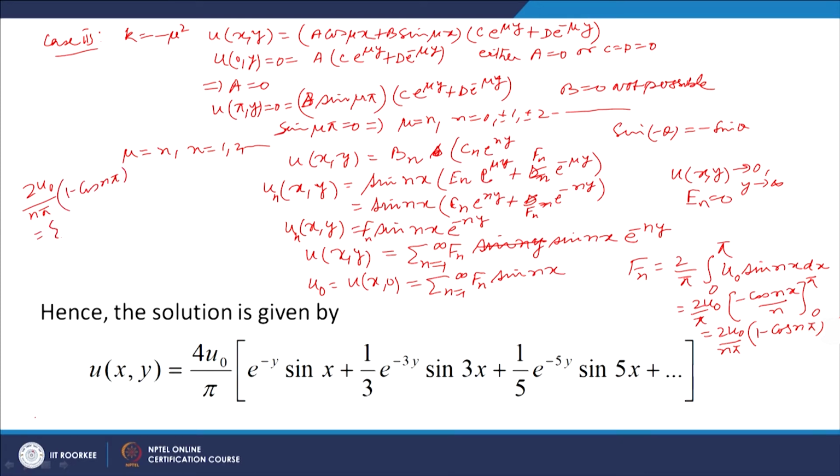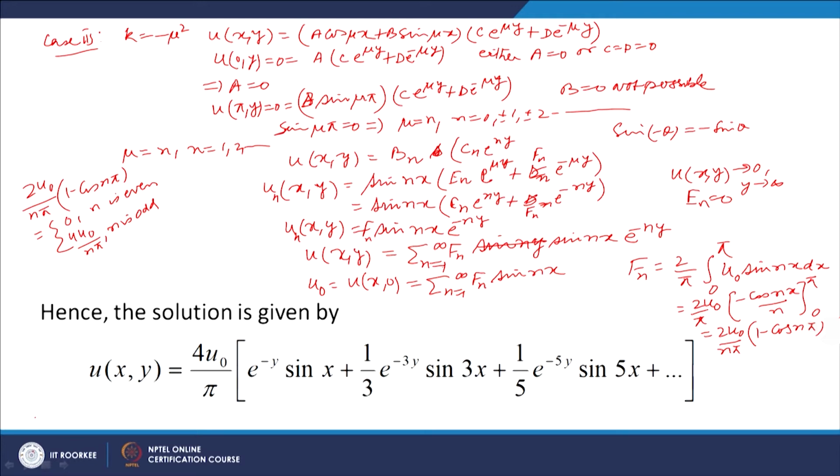This is equal to 0 when n is even, and it is equal to 4 u naught over n pi when n is odd, because cos(n pi) will be minus 1. So, 4 u naught over n pi we have, and therefore the solution u(x, y) will be